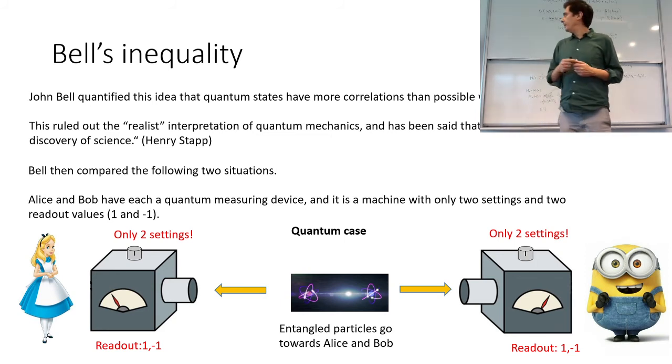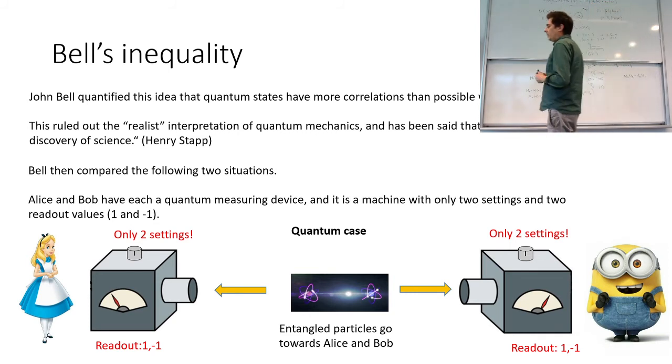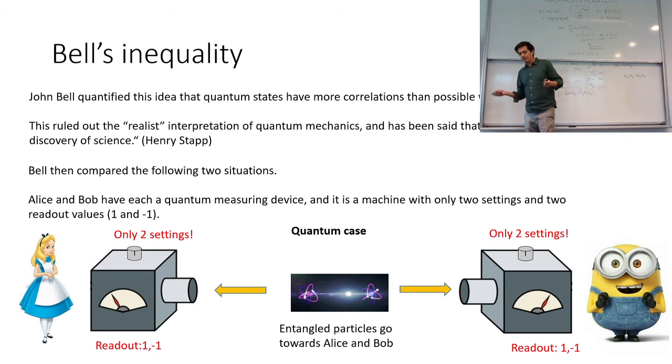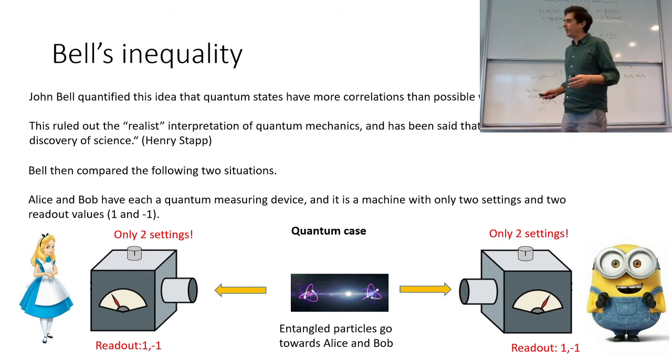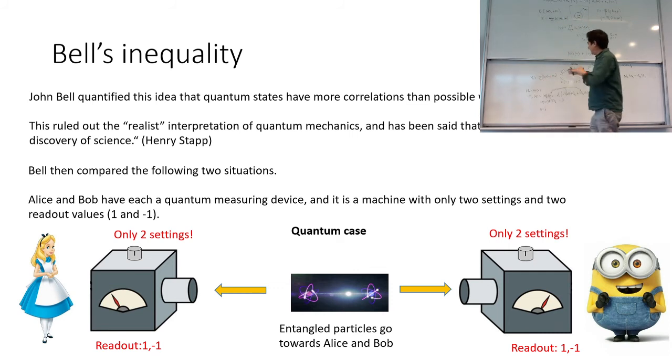And the reason why this is important is, if you remember a couple of lectures ago, we had all those different interpretations of quantum mechanics, right? The one that basically everybody uses is the so-called Copenhagen interpretation, where the state randomly collapses,